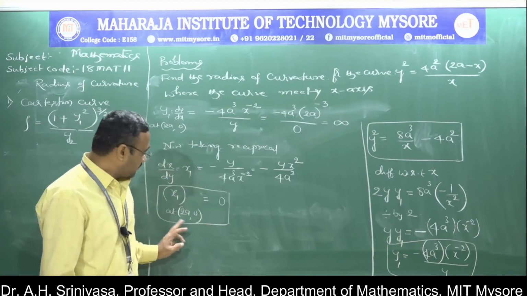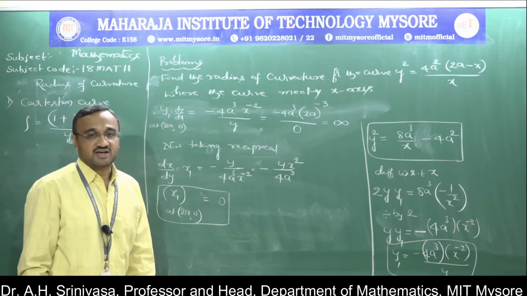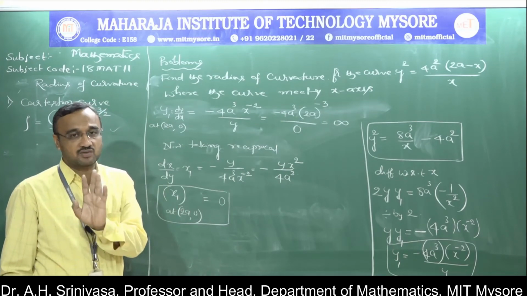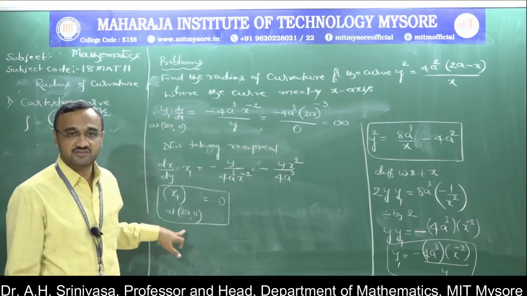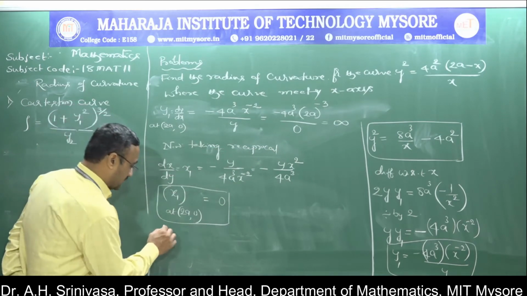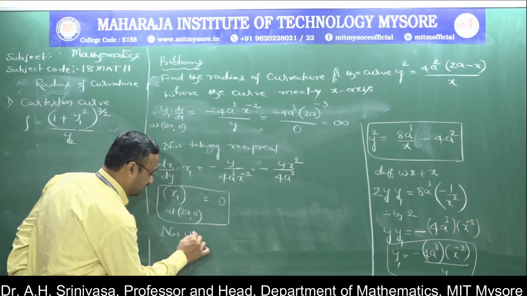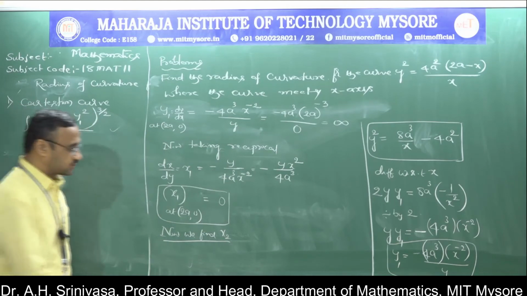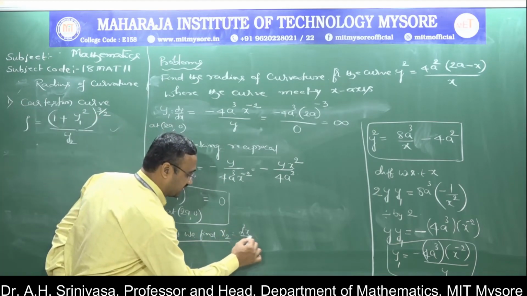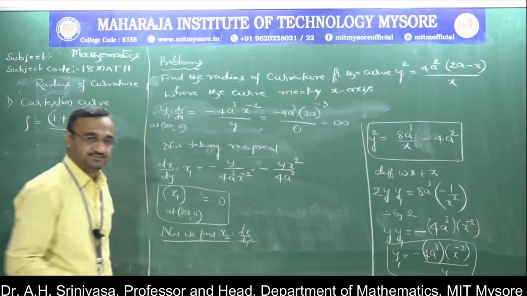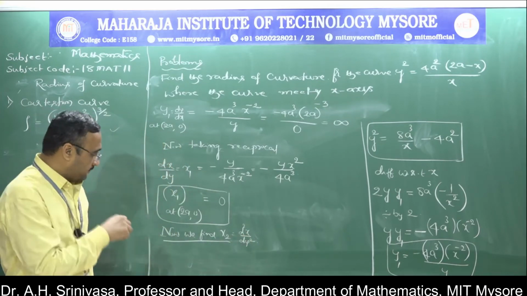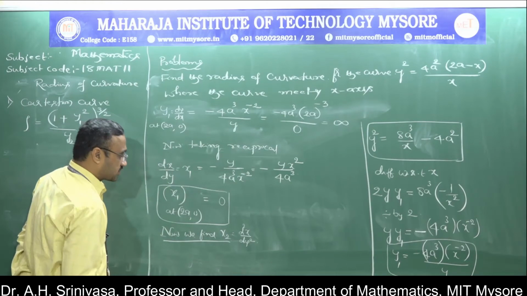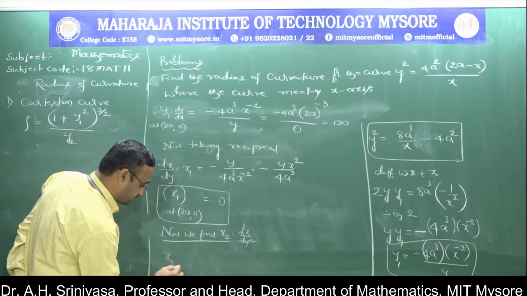Now I am going to find the next thing, x2, that is the second order derivative. That means we have to differentiate the function with respect to y, not with respect to x. You have to keep in mind, because we are getting an infinity, you have to change the function in this form. Now we find x2, which is d square x by d y square. Now we are going to differentiate this one with respect to y.